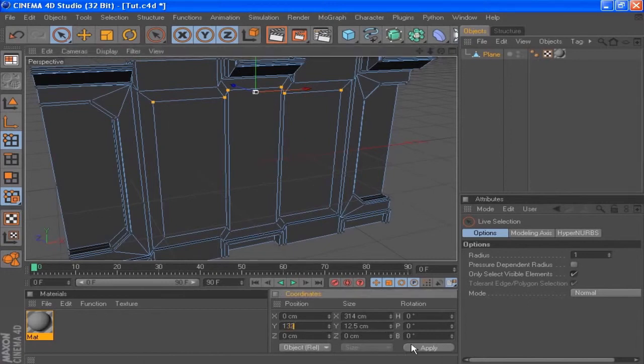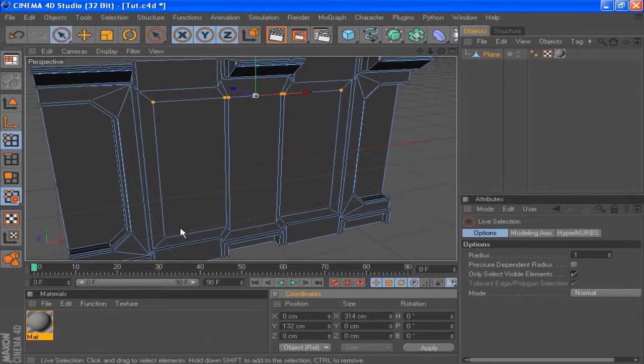Oops, Control Z. Set the X position to 312. My bad. No, 1 second. My bad. Set the Y size to 0. So you know it comes up in a line. I would also want to make this Y position 132, and then I'm going to go back and select these points,